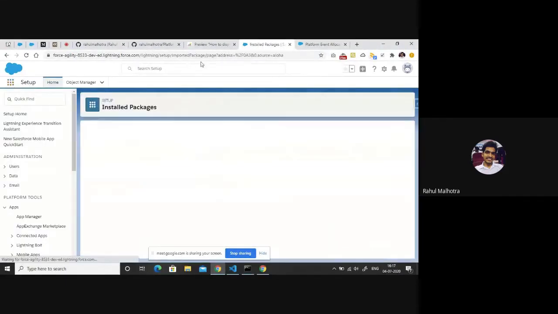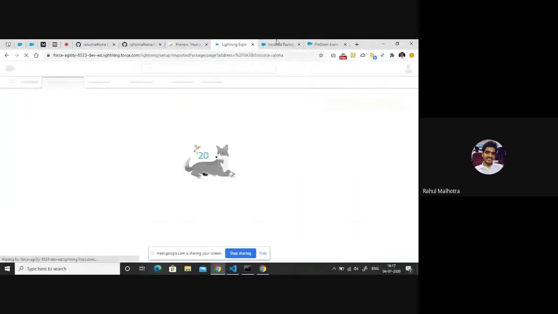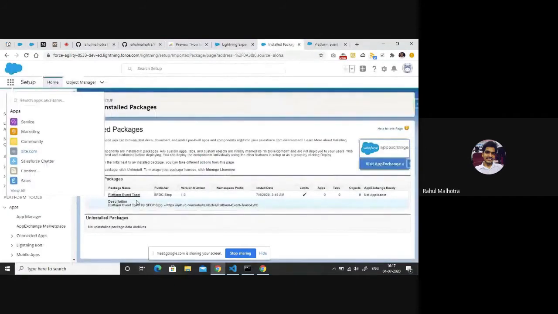Okay, so I'm going to show you both approaches: using a validation rule, and using a platform event toast, and how we can leverage that. Let me duplicate this tab once. We have our platform event toast installed in our org, as you can see here.